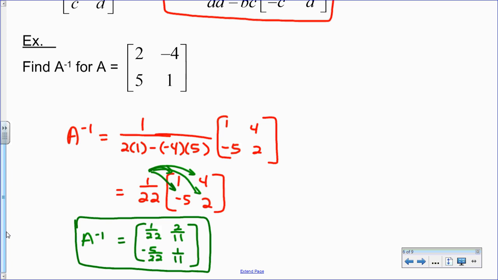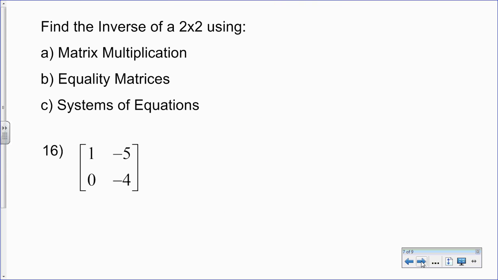All right, so that's a much faster way to find the inverse than going through all those steps that we did yesterday. So we look at this problem. This is asking me to use what I did yesterday, the matrix multiplication, and then you're setting it equal to 1, 0, 0, 1, and then solve this system of equations. Okay, so let's instead